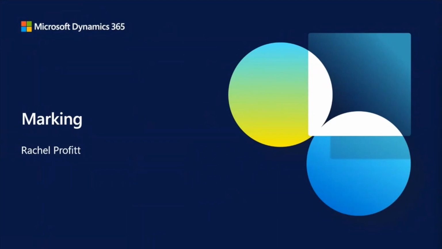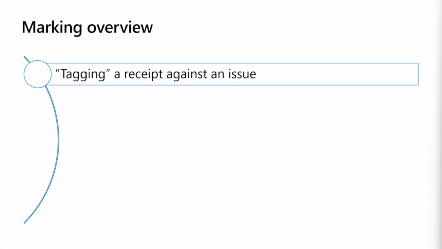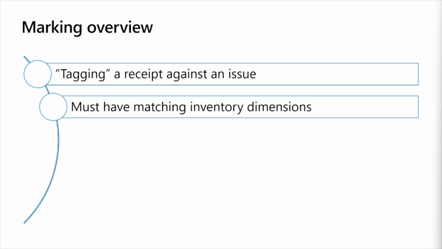Thanks, Anne. Let's dig in and take a look at how marking affects the cost prices in periodic costing models. Marking is a process of tagging a receipt against an issue. There are many scenarios where this happens automatically, such as direct deliveries or intercompany orders, but to make a match,